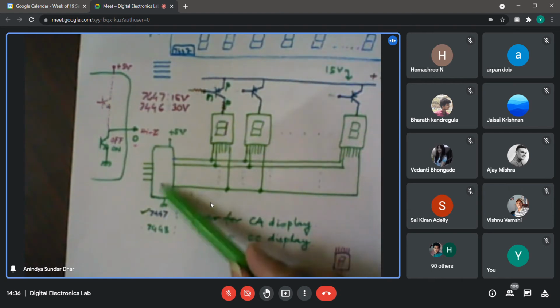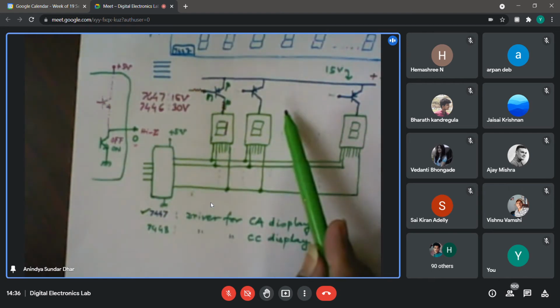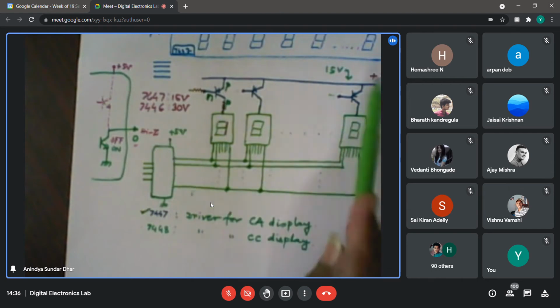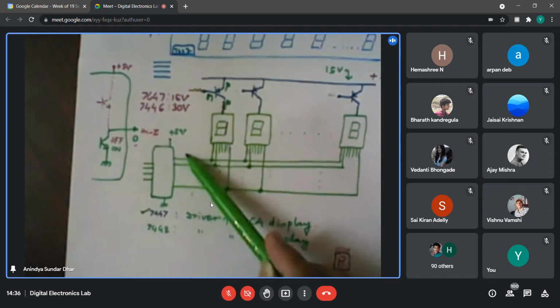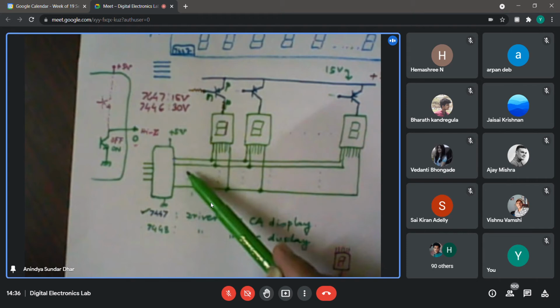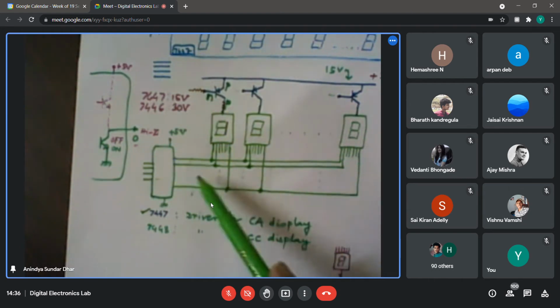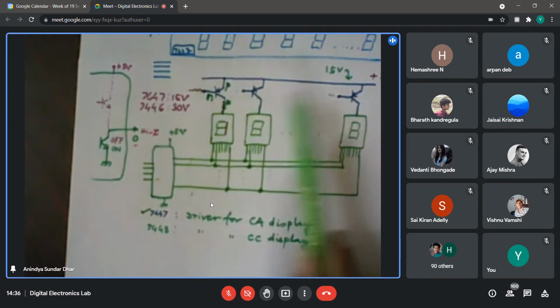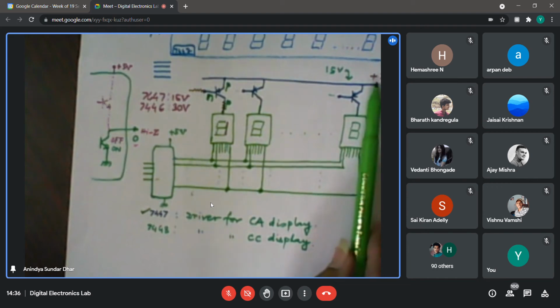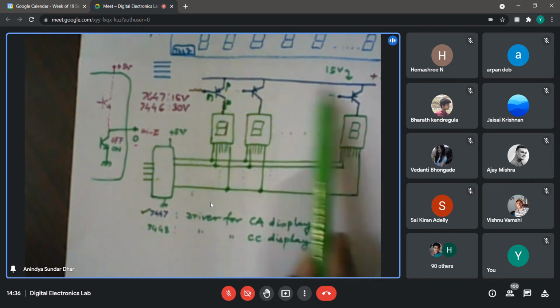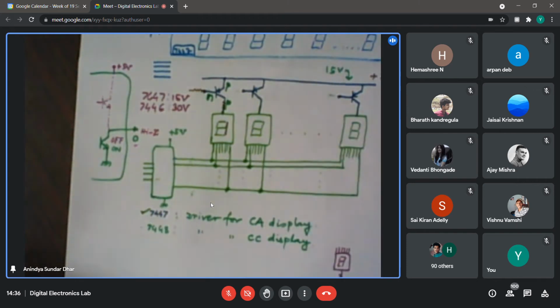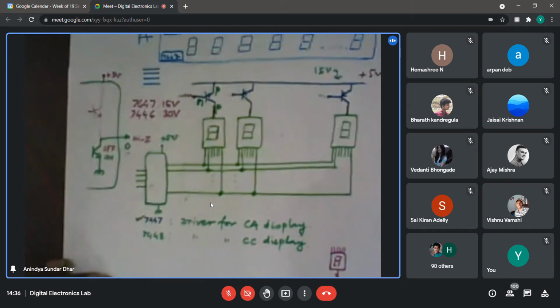Otherwise, I could have included the 7447 on that board itself and used the plus 5 volt power supply from there also. Then rather than communicating 7 lines, I can manage with just 4 lines going from my board to the distant place where this is residing. So it depends on the situation whether I can have a plus 5 volt supply on that display board or not. But how do you control these transistors now? Assuming the transistors are in place, though in simulation we may get rid of them.